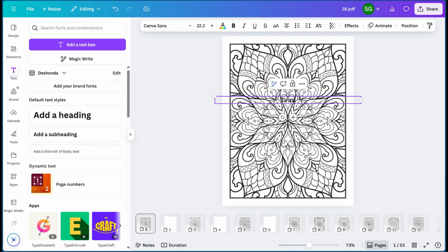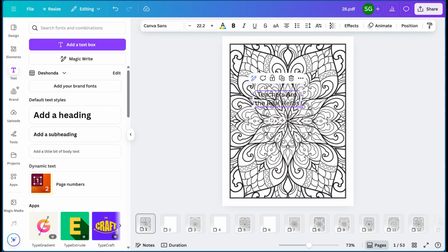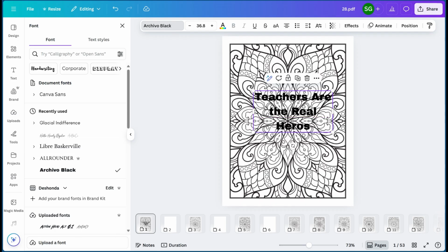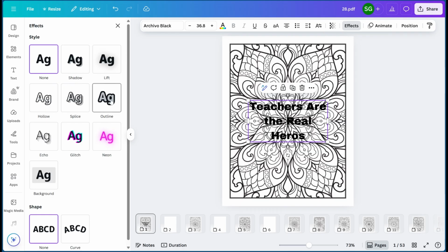Let's say, for example, this theme is going to be for teachers. So we're going to say teachers are the real heroes. But of course, because of how this is, you want to make the words legible. So we're going to do this. We're going to change this font, and we're going to go over here to effects,